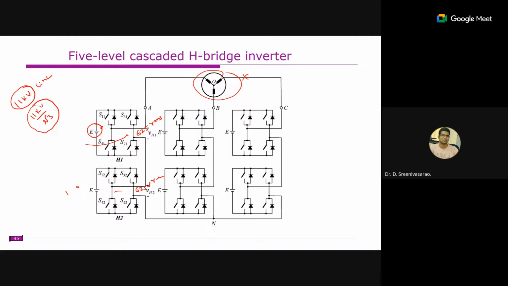So here, how many bridges do you want to connect in cascade? Your voltage is 11 kV divided by root 3. Let us assume that you select 1000 volts DC for each DC bus, so that gives 625. So 11 kV by root 3 divided by 625, this many number of bridges is supposed to be connected. If you calculate or transform this, it is something like this: 11 kV divided by 1.7.